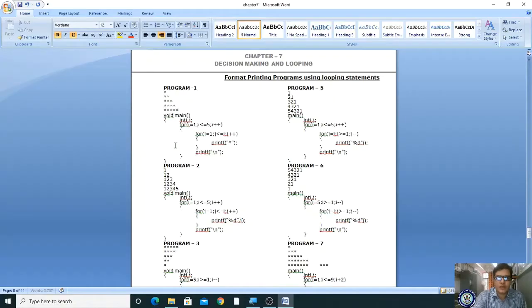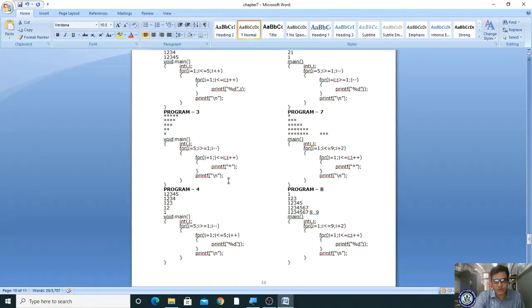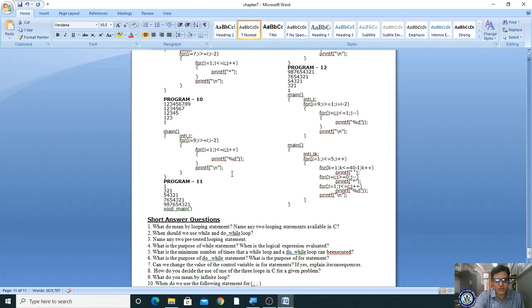Welcome my dear students. Today I am going to explain some sample programs related to the nested for loop. By using a nested for loop you can represent information in the form of rows and columns. Let us take this first program and I will explain. A lot of programs exist here, you have to try your own.